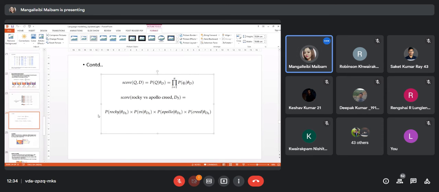Then you do a summation of all the TF-IDF. But for this score for the probability, the query likelihood retrieval model, here all the probabilities you need to do a product. That means multiplication of all the probabilities. Okay, this you have to keep in your mind